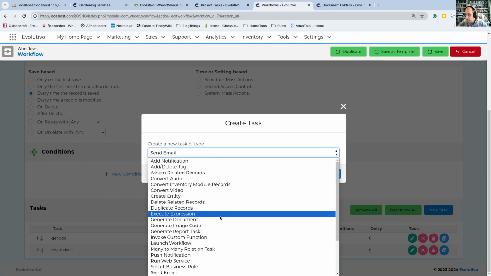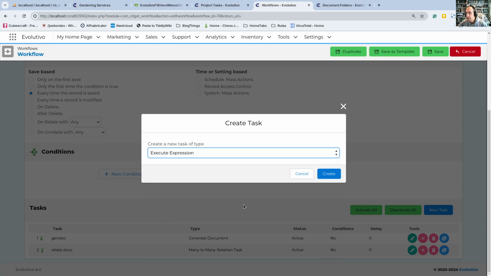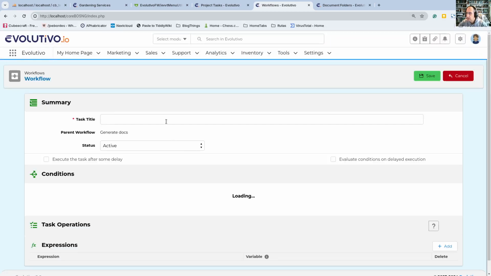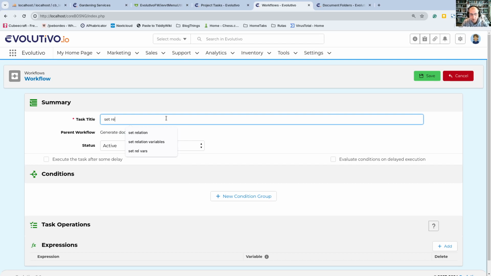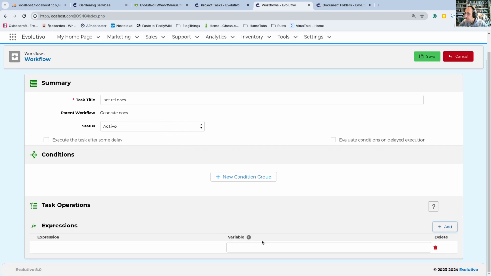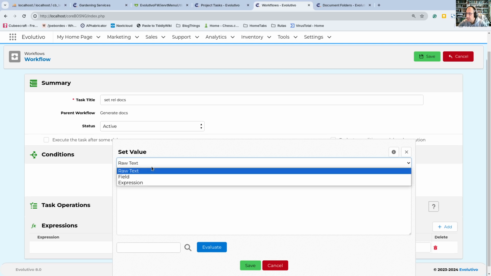Okay, those variables are set in the execute expression workflow task. These are set rel docs. We're going to set a variable, and I'm going to paste the name of the variable I want to set: set many-to-many relation records, which the other task is going to read. And I want to set that to,